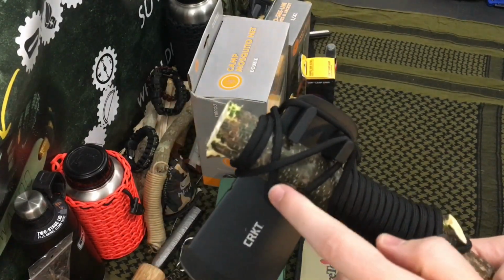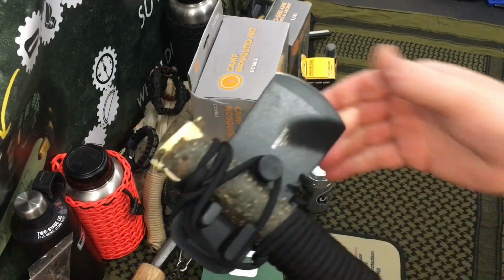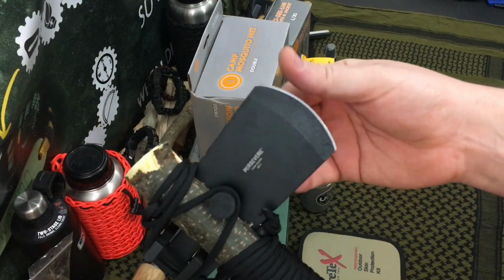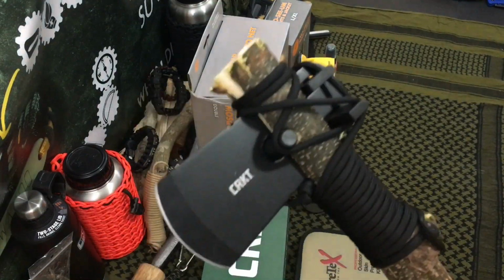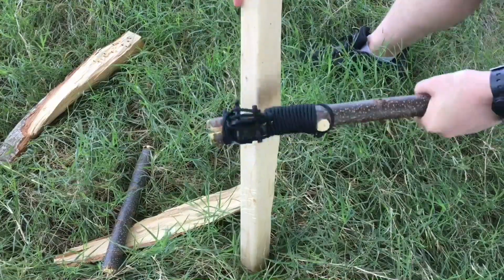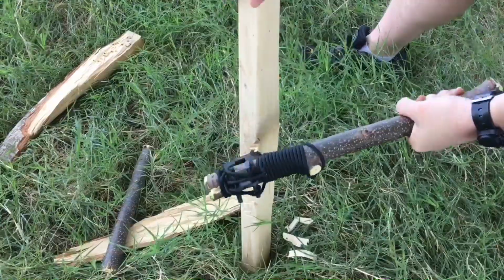The way they designed the system, I thought the pegs were going to be a little corny when I was putting this together and using it, but it locks it in like super freaking secure. I was really happy. It does actually come sharp. Now, this is not going to replace the felling axe, obviously. This is going to be a light duty chopping tool, but like everyone knows, if you're in a survival situation